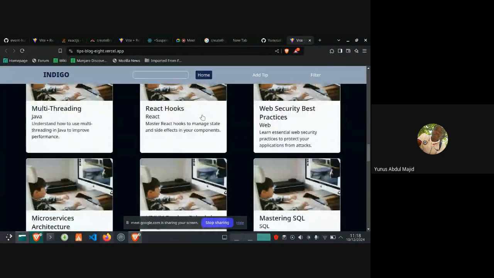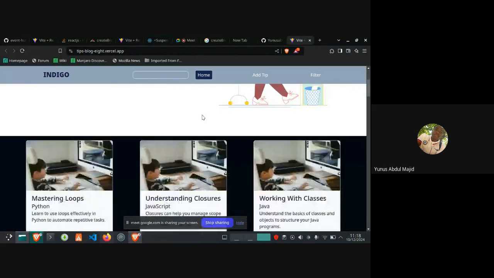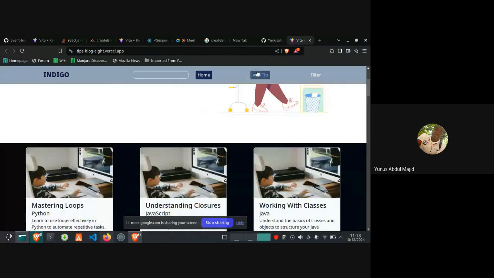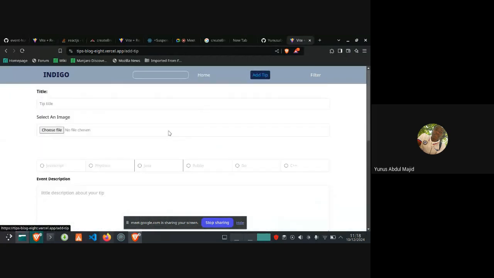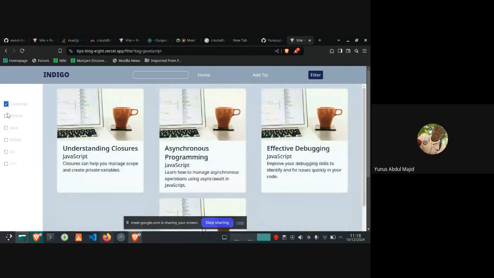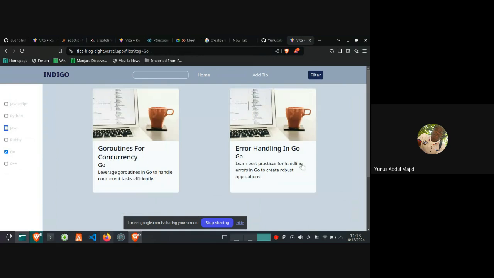It's a tips app, something more like a blog, but not a real blog. It has the add tips feature where users can add tips, but the functionality here is not working. Then there's a filter. You can filter out any of the ones that you want, and it will load the ones here.